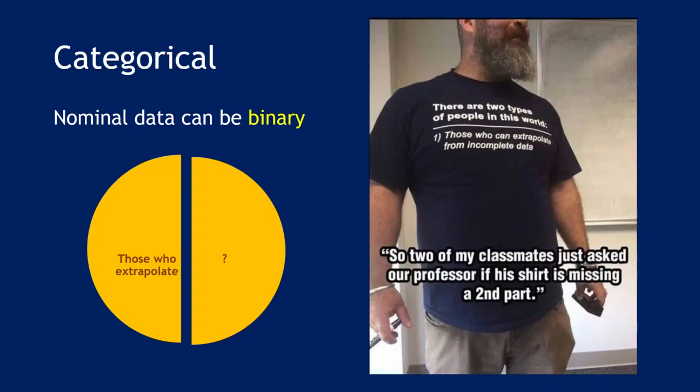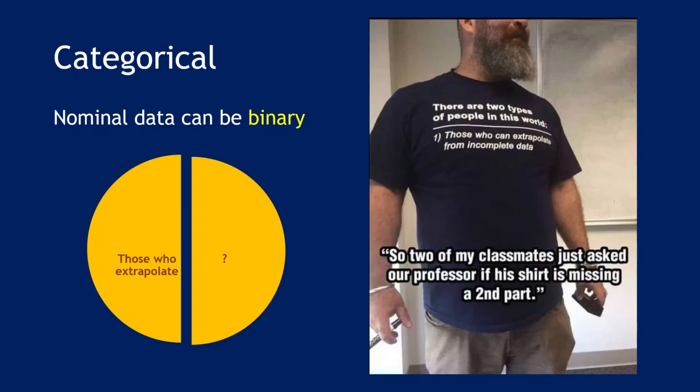A very particular type of categorical variable is called a binary variable. So nominal data can be binary, and we'll see a lot of binary data in our examples and exercises. Binary data are very, very common in the business world. Categorical variables are extremely common. They run the world in the corporate world, so you have to get used to a lot of categorical variables. And a very simple one is binary. We just want to know the presence versus absence of something,